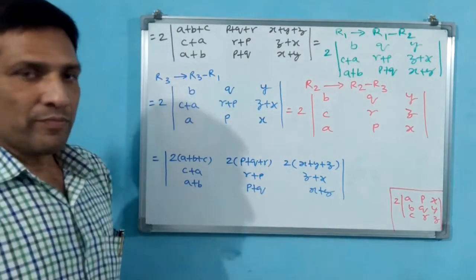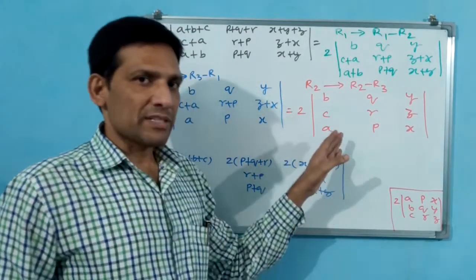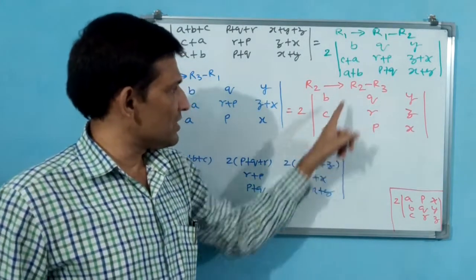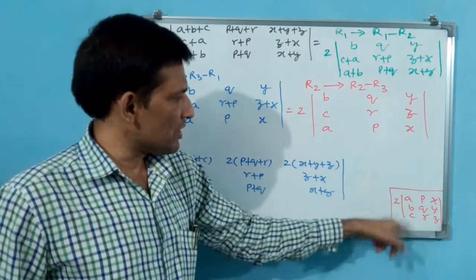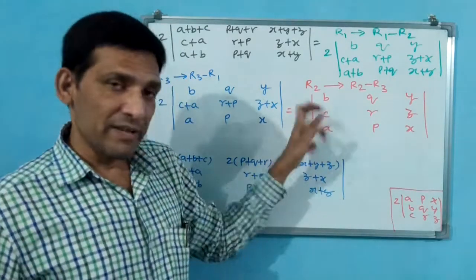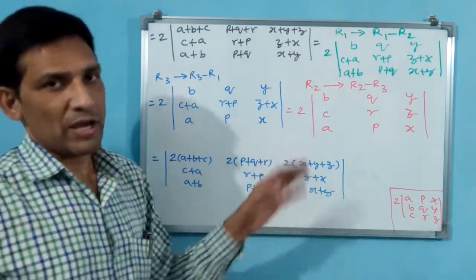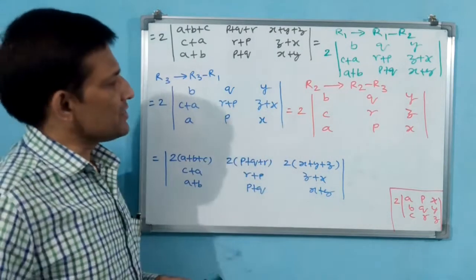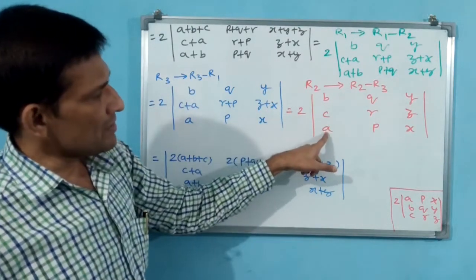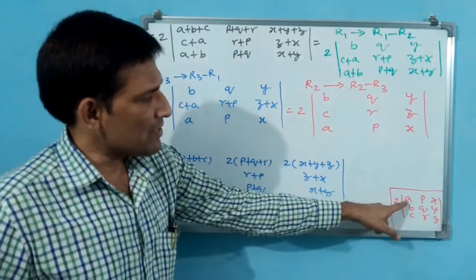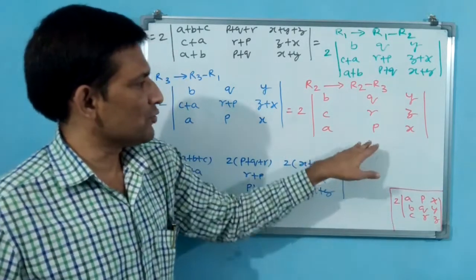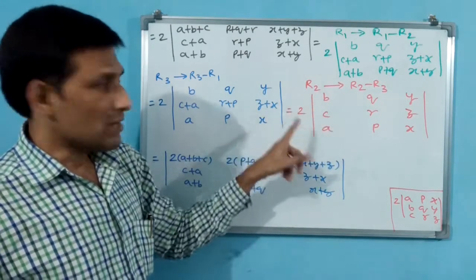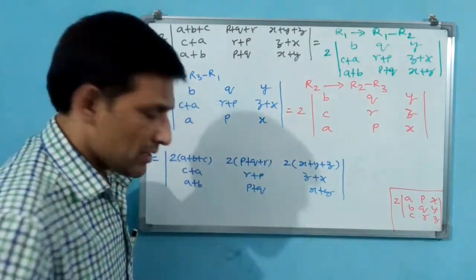Now you see, 99% or 90% your answer has come. You see the 2 and single elements are there. ABC, PQR, XYZ has to come. ABC, PQR, XYZ, but they have come in different positions. Now you can change this position. R1 and R3 you can interchange. Why? Because in R1, APX has to come. APX should go to R1. Then R1 and R3 you interchange by putting minus outside. Okay. Let us do it.